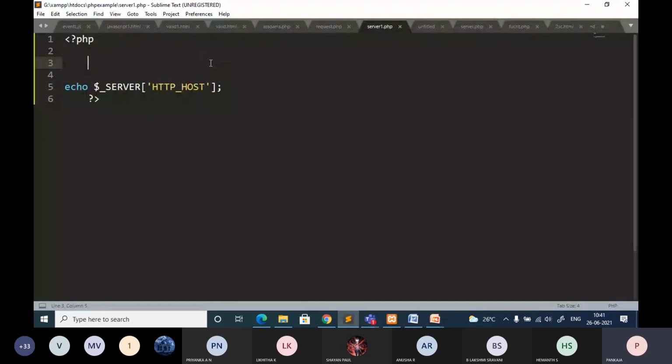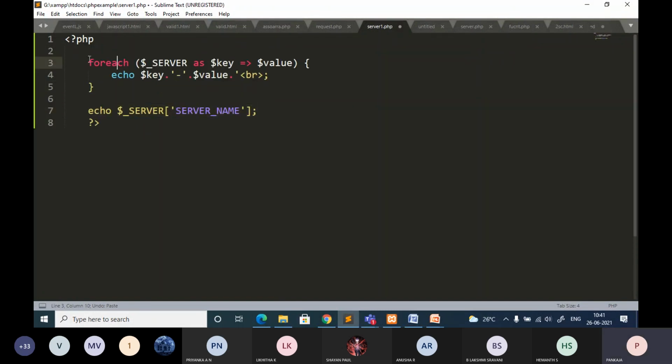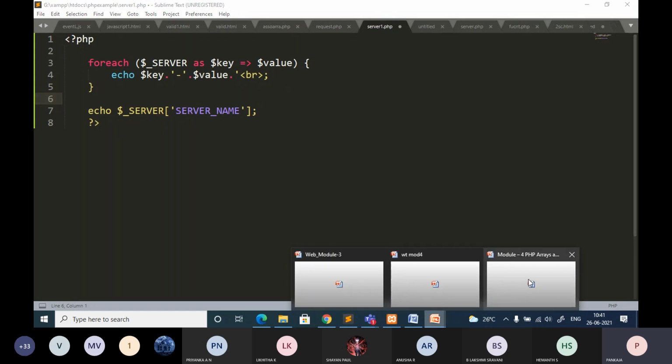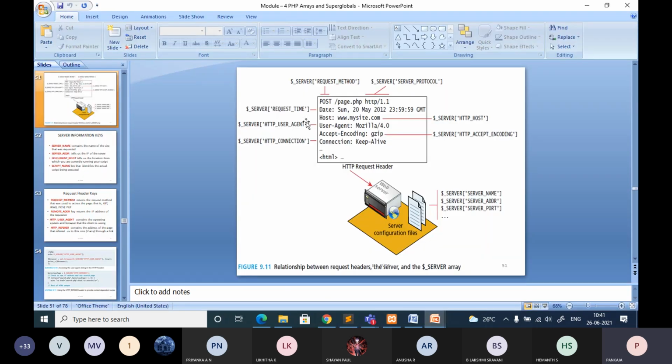Is it clear now? So you can go with the foreach. If they ask you to explain $_SERVER, you should be able to write this piece of code and write at least a few of the server details with a specified key value, and get the information.